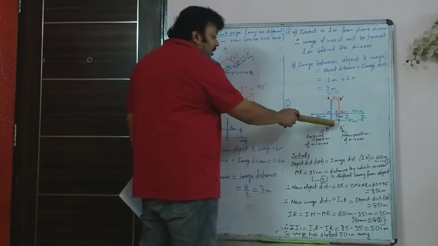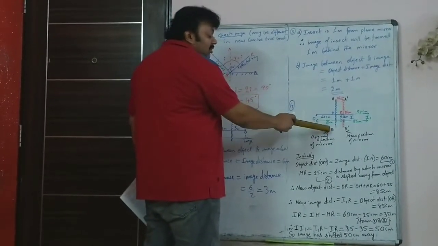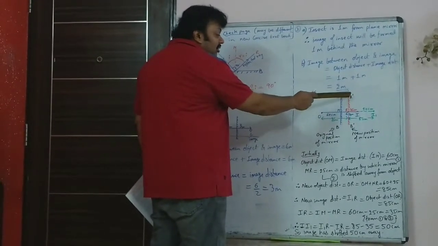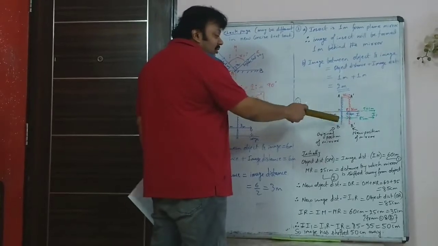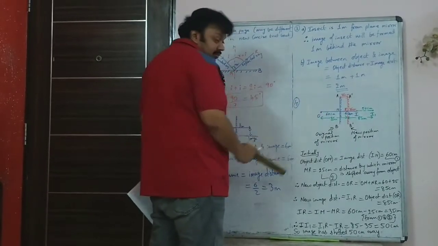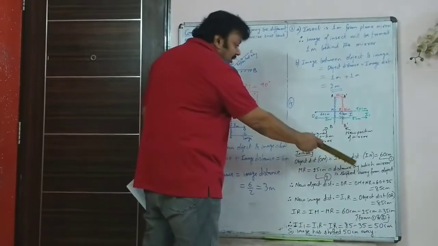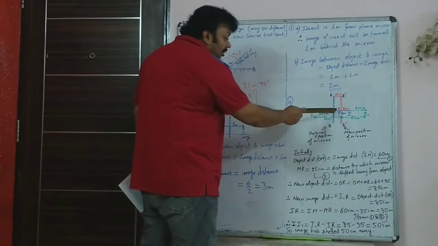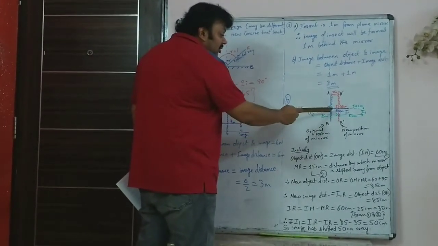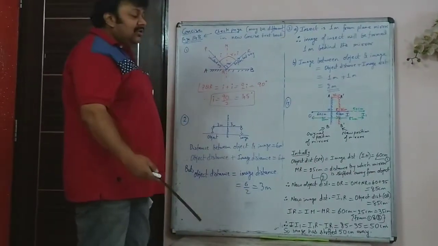Then you are told that the mirror is now moved 25 centimeter away from the object. The red line indicates the shifted position of the mirror. AB is the original position. The mirror got shifted 25 centimeter behind, away from the object. So now the new object distance is OR, and that would be OM plus MR. MR is 25 centimeter. So 60 plus 25, 85 centimeter will be the new object distance.